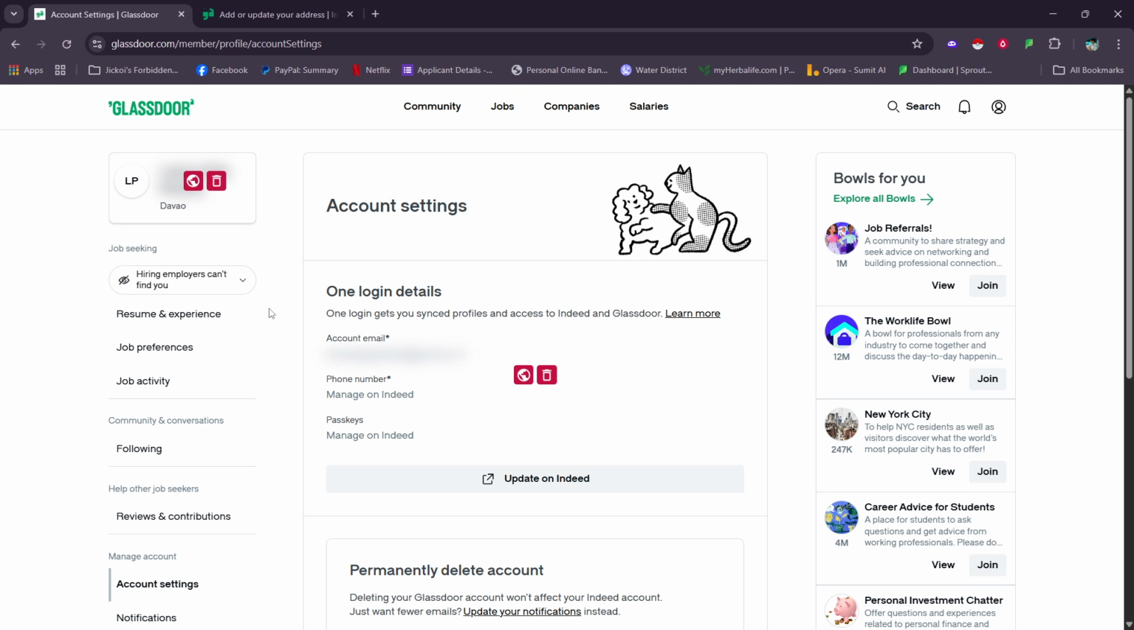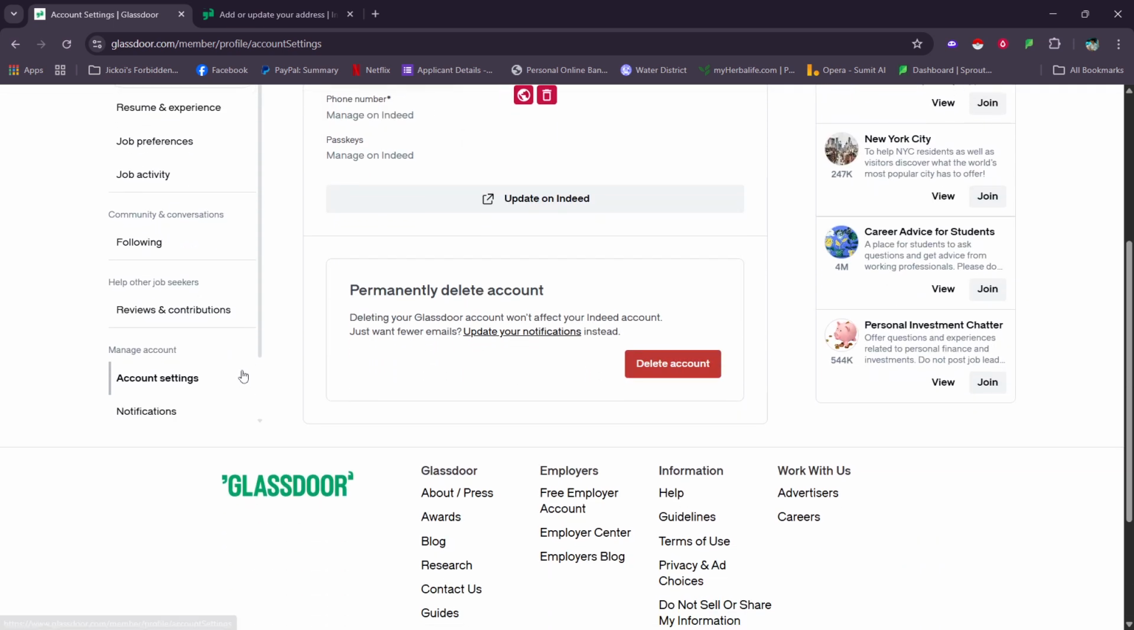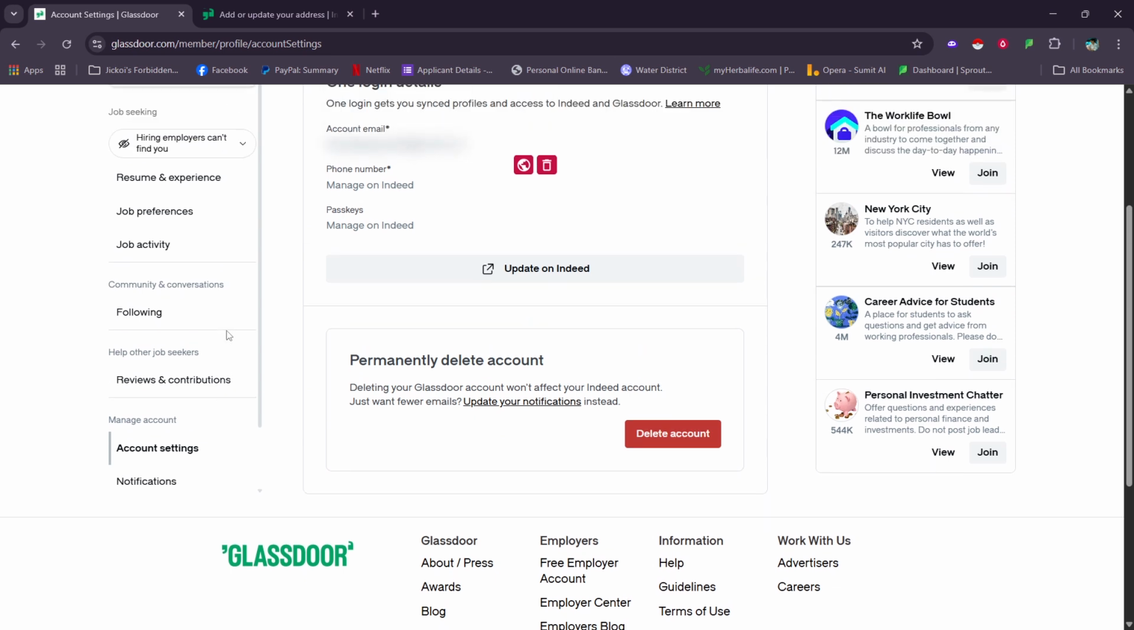Now, open your profile. Click your profile icon in the top right corner. A small menu will open. From here, select either Profile or Account Settings. The exact wording can vary slightly based on updates, but both options take you to the area where your information